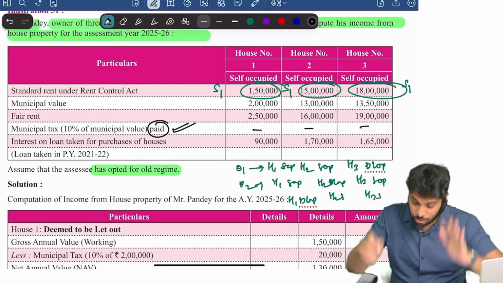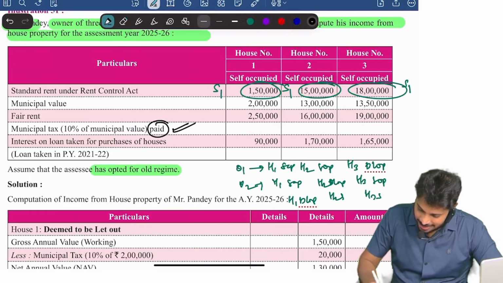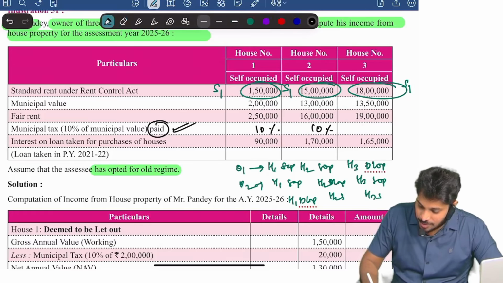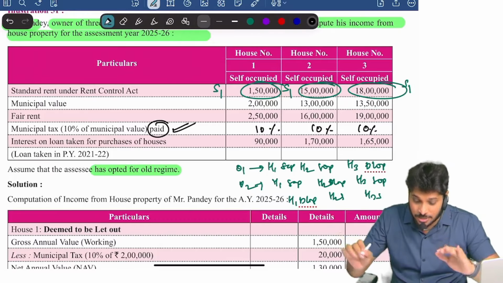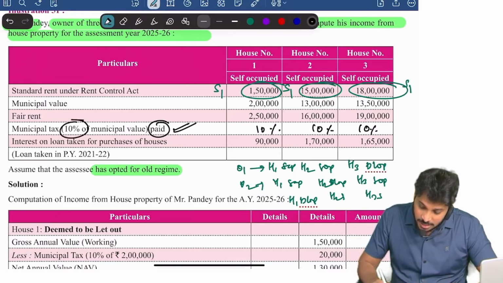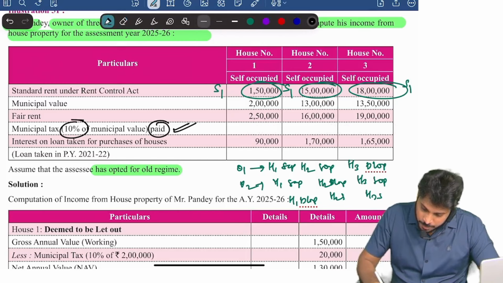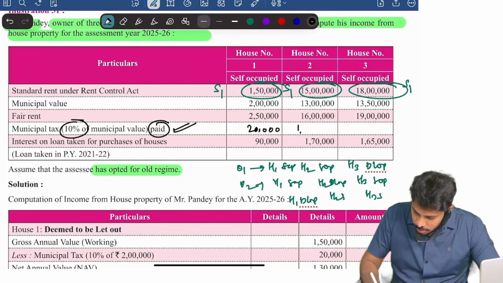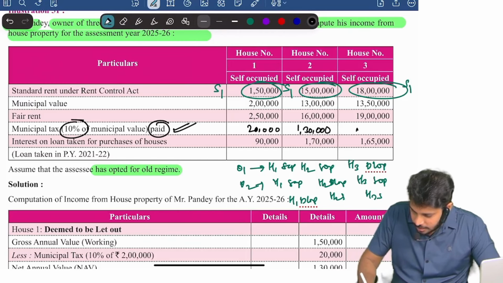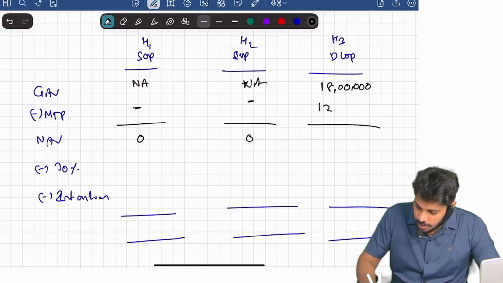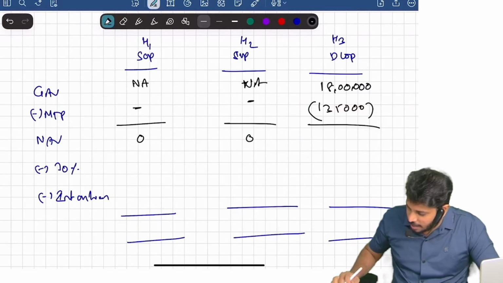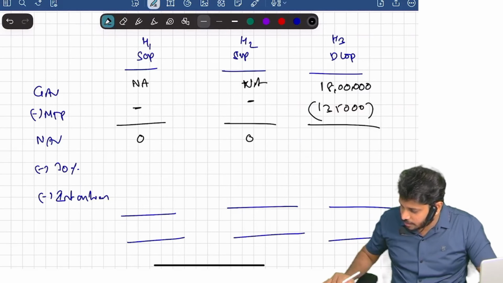Nothing is mentioned. Therefore there is no municipal tax paid. Oh no, sorry, they mentioned a percentage. They should have mentioned the percentage here. If nothing is given, there is a chance that a student might take 0. 10% of municipal value they said, which means I will put the amounts here. Municipal value 20,000, 1,30,000, and this is 1,35,000. Yes or no? This is the municipal tax paid. So here alone 1,35,000 I will consider. Am I right? Minus 1,35,000